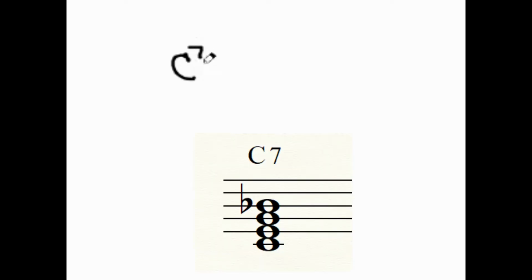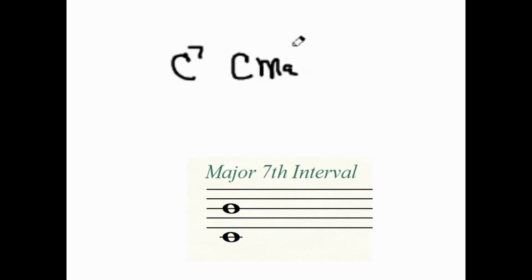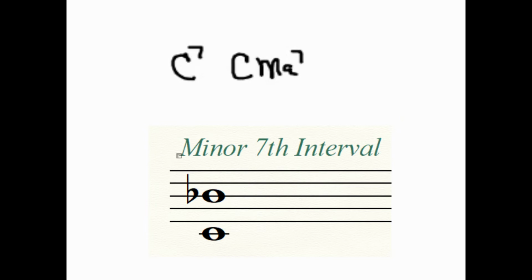Now you have to know that this is a minor 7th, and let me play the difference. I'll show you the two that always are confusing to students, it seems. When you see MA or MAJ 7, that's a major 7th. And it has to do with the interval from the root, which is C, to the 7th. Here's a minor 7th. That is the C7, and the major 7th